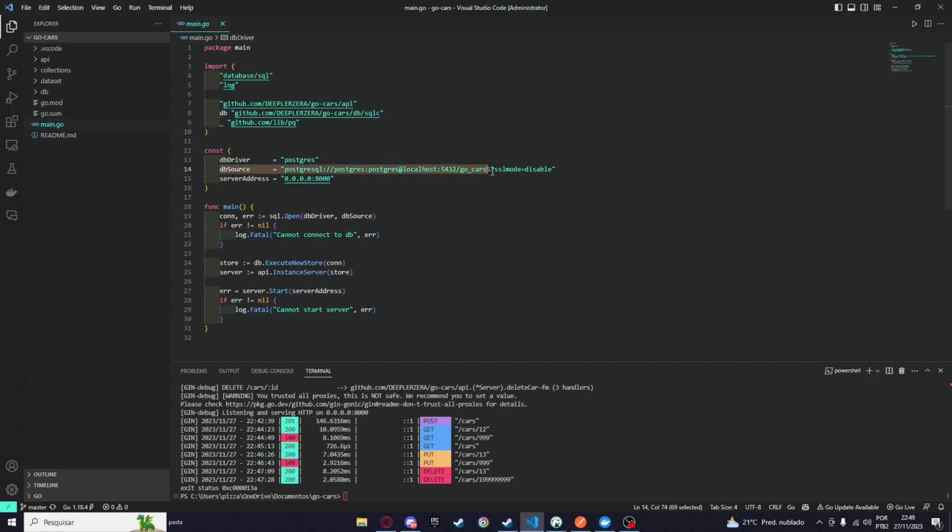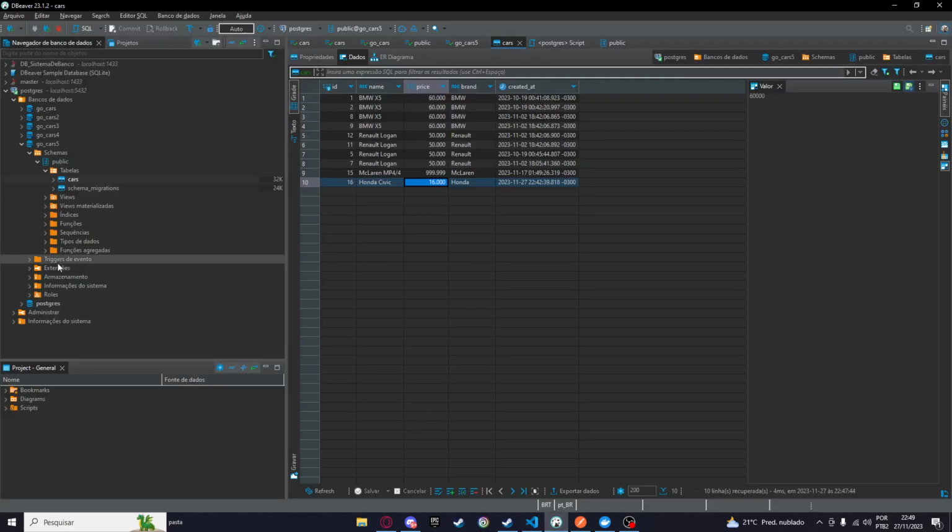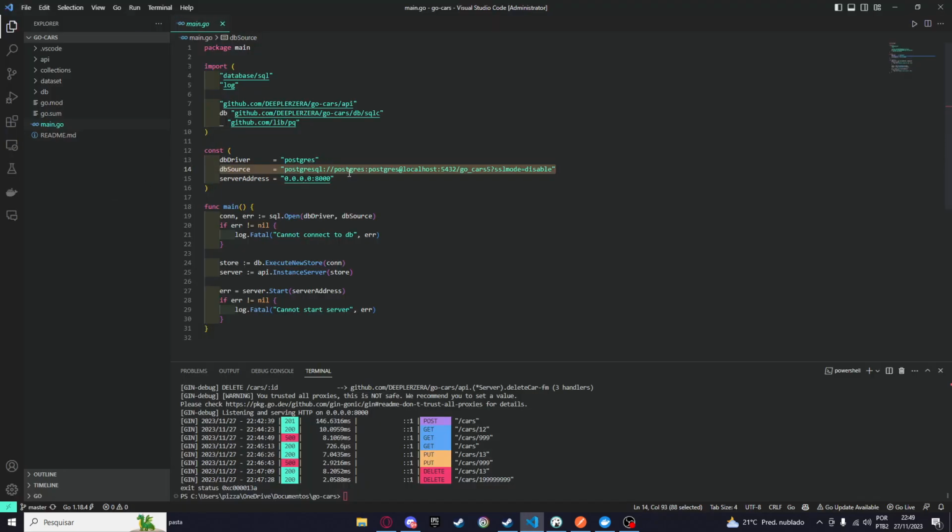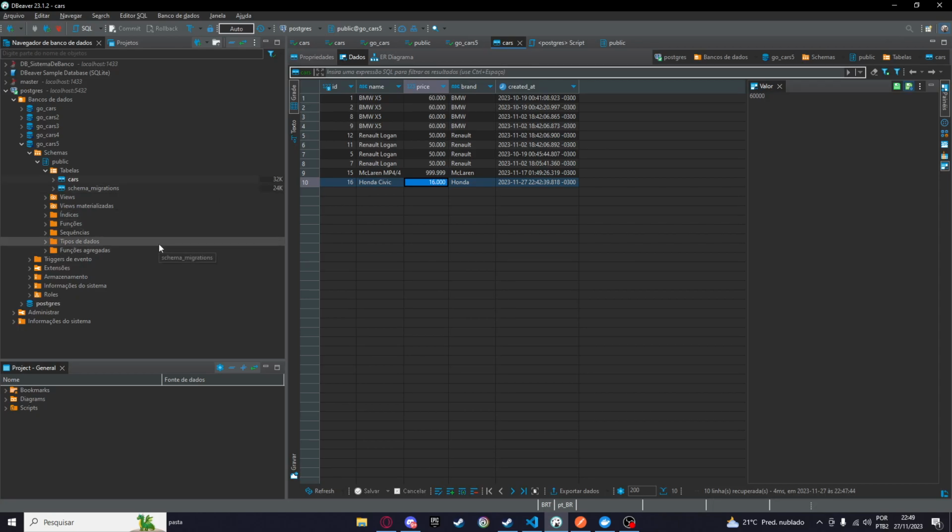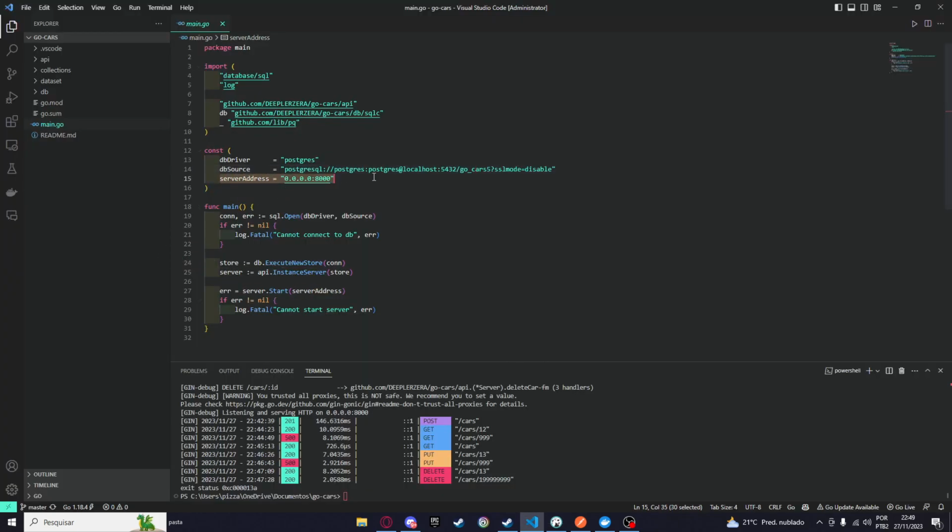Here, db source, we have the exact path of our database here in DBeaver, right? So here we need to put the correct path, right? Localhost, the name of the database, in my example is gocars5, right? So you have here server address, the IP, that is here,